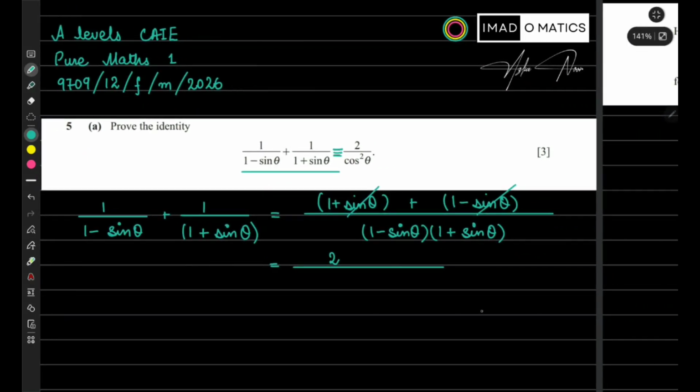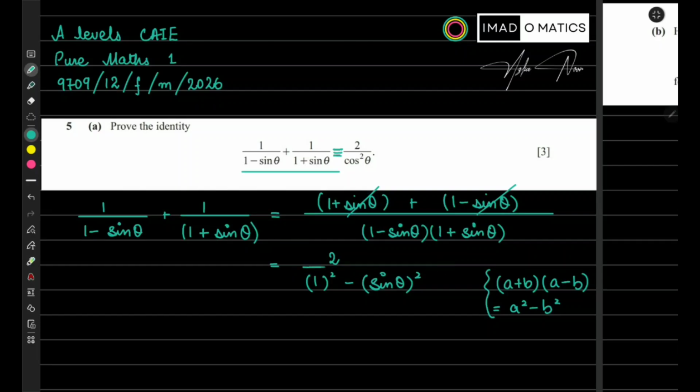And what about the denominator? The denominator is giving us the form a plus b times a minus b. So that is actually equals to a square minus b square. So that will make it 1 square minus sine theta square, so this will give you 2 over 1 minus sine square theta,